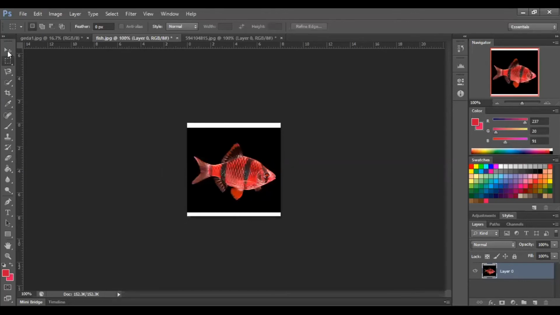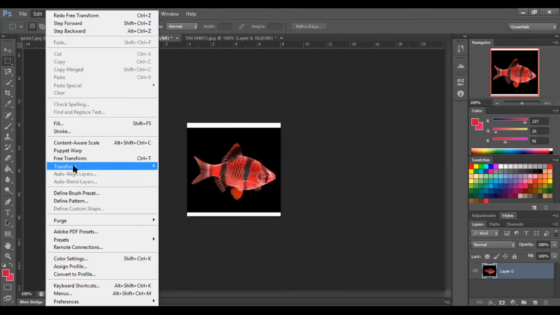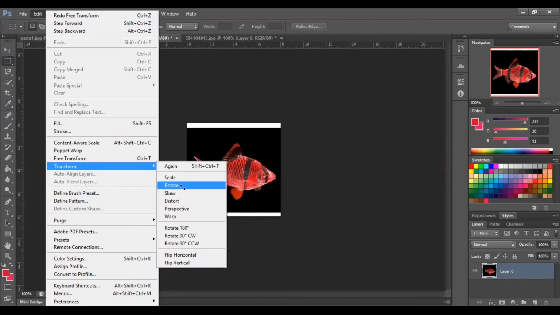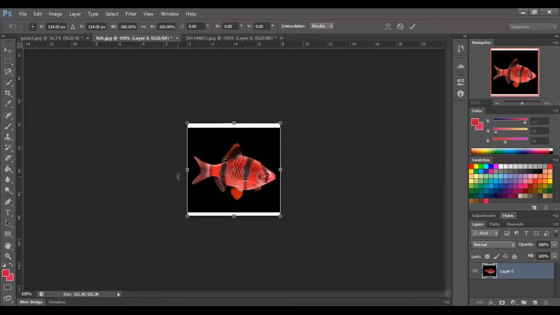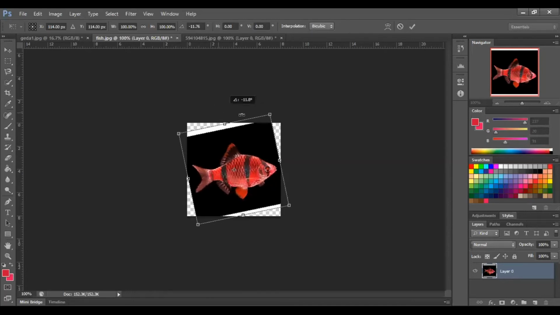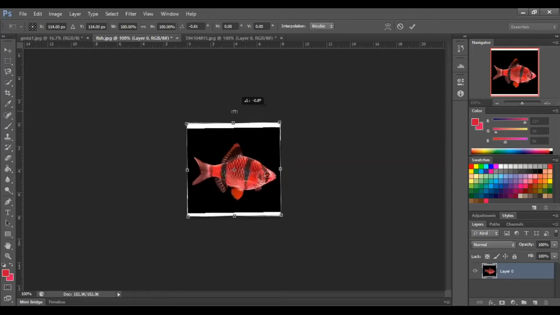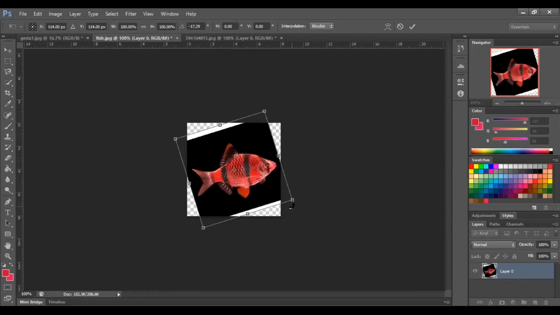Or you can go to the Move tool. When you select the Move tool, it will prompt you whether you want to apply the transformation or not. That was the scale. Now I am going to rotate. Rotate will give you the point in rotating form. See this cursor, it is in rotating form. You can rotate your image like this, but inside the canvas, the whole document is not being rotated. See, we can rotate like this.